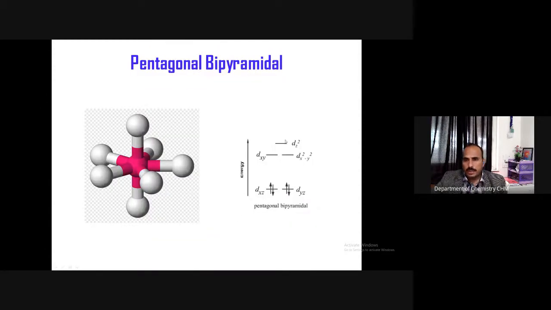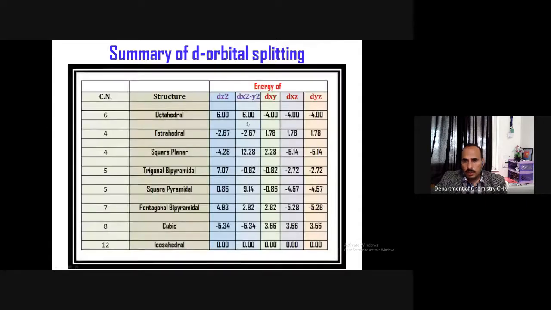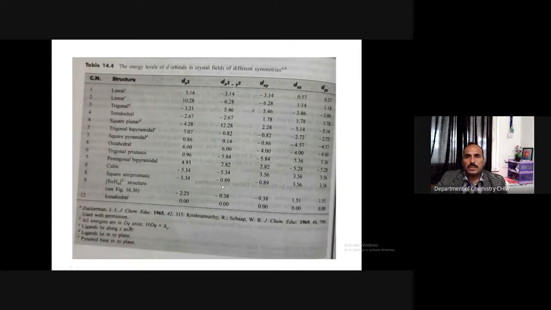Before that, what I'm explaining to you, this diagram is qualitative, this diagram is also qualitative, but all these things are quantitative information over here. This particular table I have taken from the book of James C. Huheey. There are more geometries given there, and this is the picture from the Huheey book. Not only all the major geometries that are most common for many transition metal